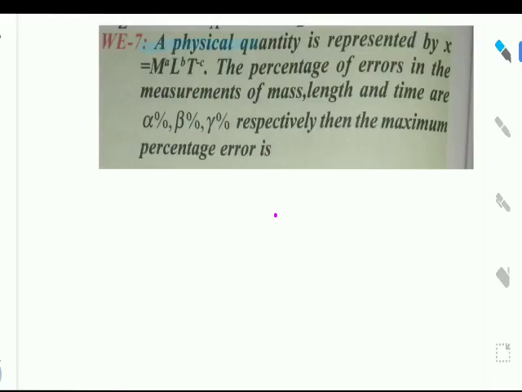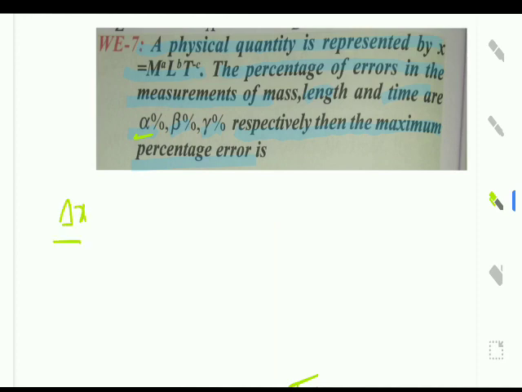A physical quantity is represented by x is equal to m power a, l power b, t power minus c. The percentage errors in the measurements of mass, length and time are alpha percentage, beta percentage, gamma percentage respectively. Then the maximum percentage error is